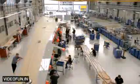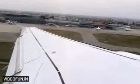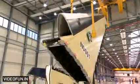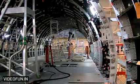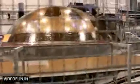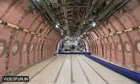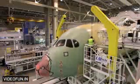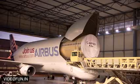The wing boxes are assembled and fitted with electrical, hydraulic, and fuel systems, painted, and then the flaps, slats, and ailerons, the things they use to steer, are added. The ginormous tail fin is constructed in a similar fashion. The fuselage and rear pressure bulkhead are built separately, again out of carbon fiber composite materials, and are wired and outfitted with instrumentation and hydraulics. The nose of the aircraft is added, and then all the parts built off-site are flown by